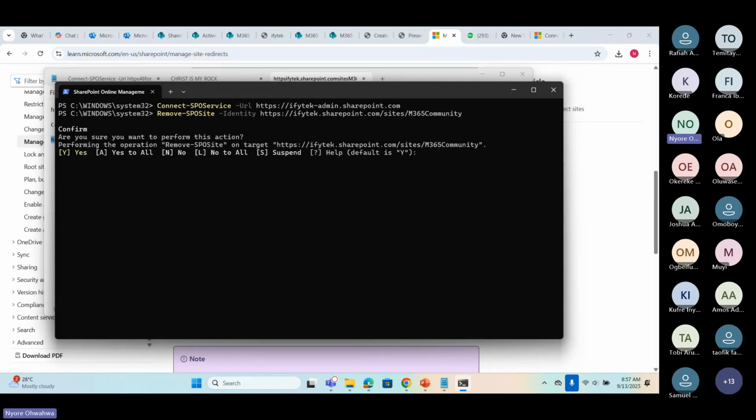It will ask you if you are sure, unlike other commands, because once you remove this redirect, you can't add it back again unless maybe you rename the site, which is what you would have to do, go back and rename it to M365 community. So yes, I'm sure. I'm just going to do a yes to all, and then I'm done.